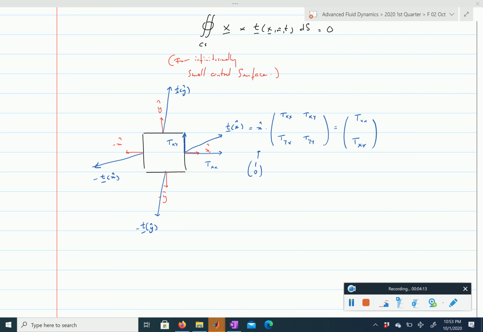Given that, if we look at the torque generated at the center of the control volume because of the stress vector on the surface of normal x, the lever arm is half of this length, let's call it delta x divided by 2, times this component of the stress vector, so that would be txy. We integrate over that surface, so that will be another delta x. Now we can do the same for the stress vector on the surface of normal y,